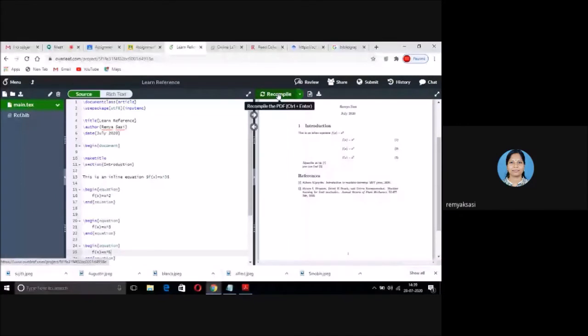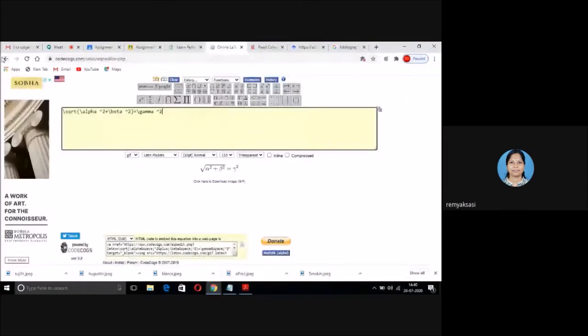When we do research, our equations are very complex and it is not as easy. Sigma i equal to 1 to n f of x. We have a number of parameters to type. How is it possible? How to remember all the shortcuts? As we did for generating tables yesterday, I will show you a site from where we can get the LaTeX code of an equation.